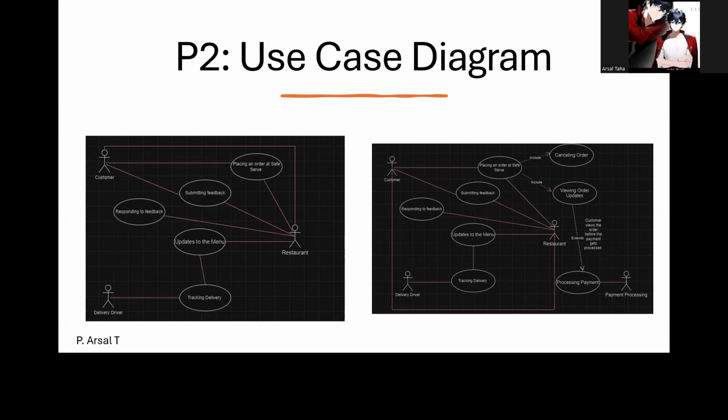On the right hand side, as you can see, it has inclusions and extensions. So the inclusions of placing an order are canceling the order and viewing the order updates. And the extension to that is processing the payment with an actor known as payment processing. Now for the next slide,